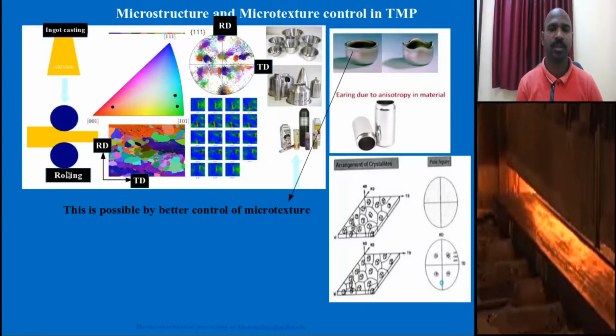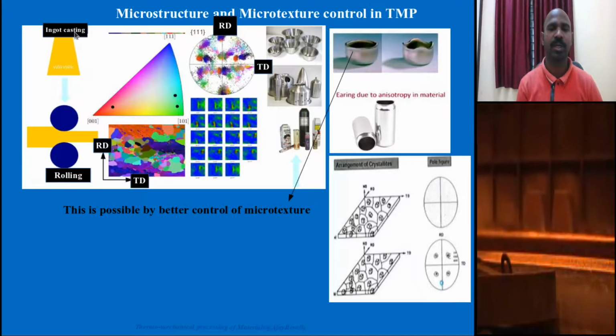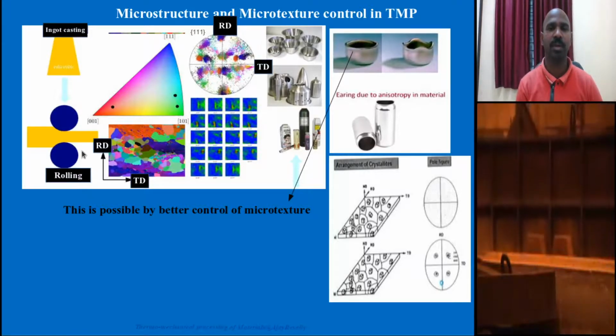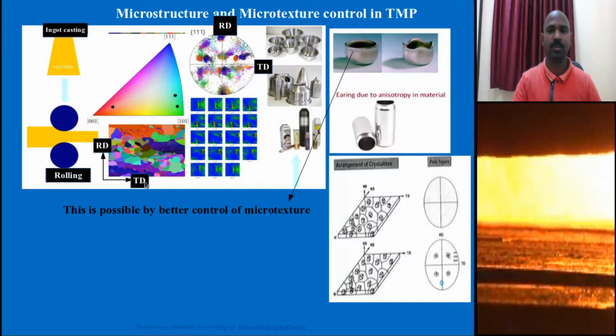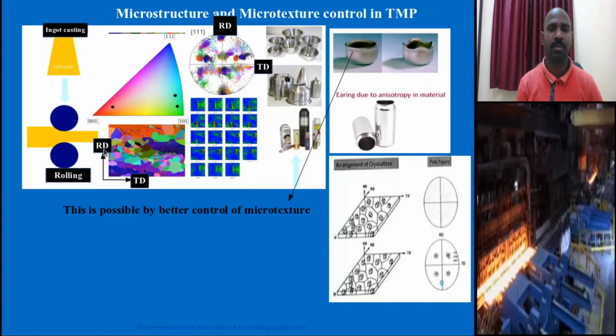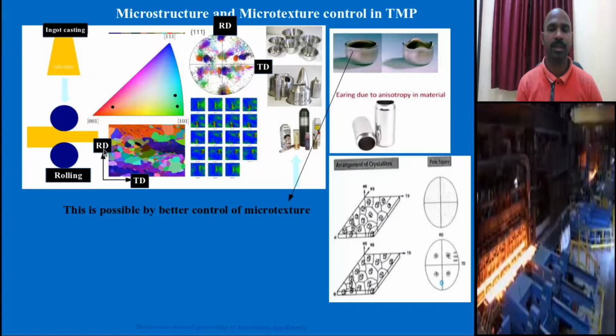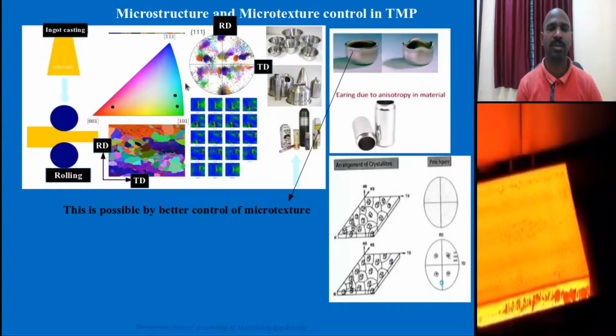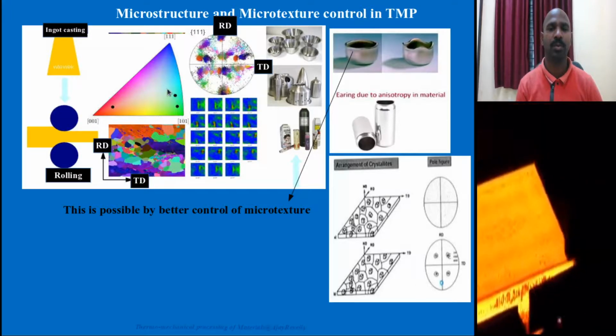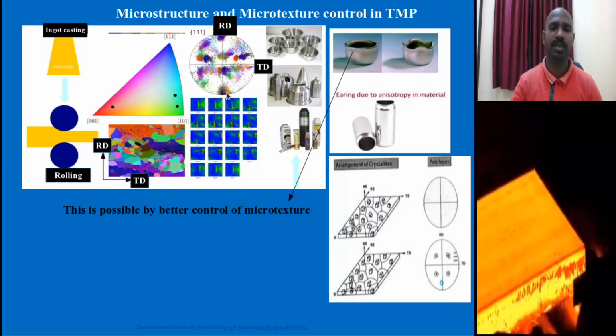These grains, after rolling, first you initially take ingot casting subject to hot rolling, and then subject it to the TMP process, with the rolling direction, transverse direction, which we call the reference direction of that particular mechanical process. It could be rolling, forging, or extrusion. We call it the reference direction. You will see the grain structure with respect to the Miller directions. It can be interpreted in the form of a pole figure.